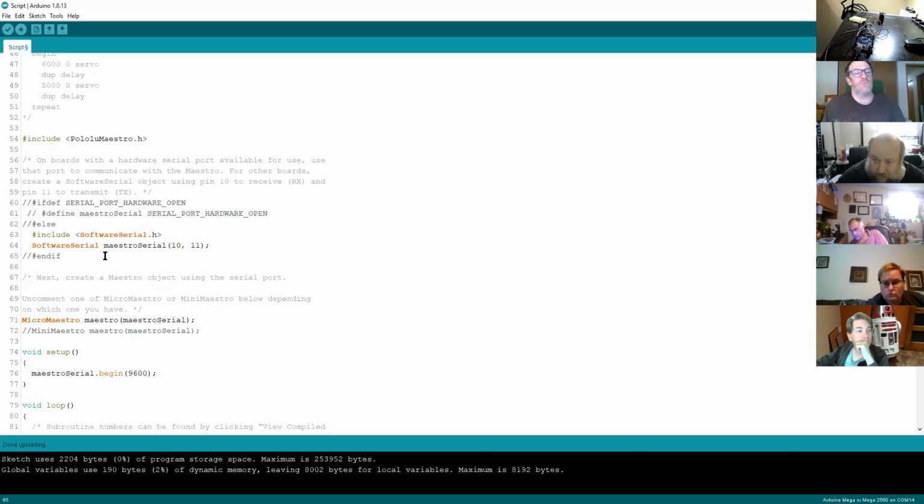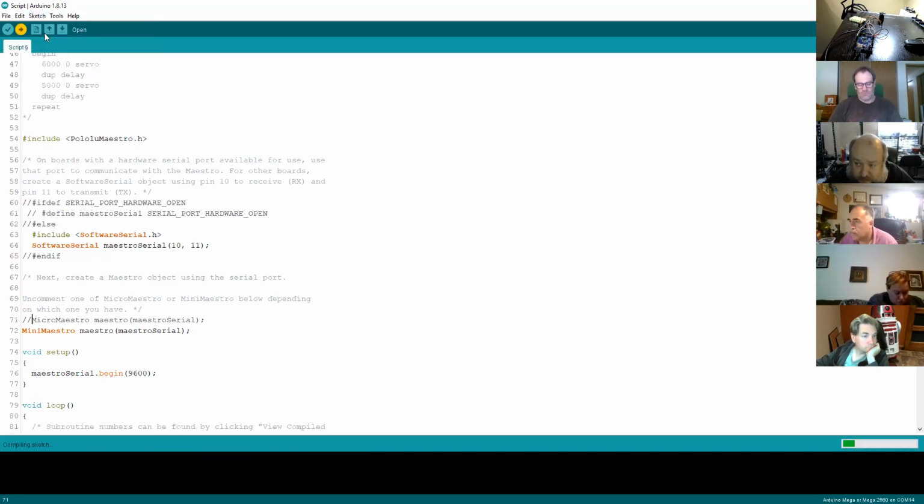I could force it to use hardware serial just by, when we get onto this second section here, using serial 3 rather than Maestro serial. And again, there's probably cleverer programmers than I am, but it's just a bit of a gotcha that this selection seems to create no end of problems. So a couple of changes I've made here: I've taken out that logic just to force it to use software serial ports on 10 and 11, and then I've switched it over to the Mini Maestro. And then if I do sketch upload,